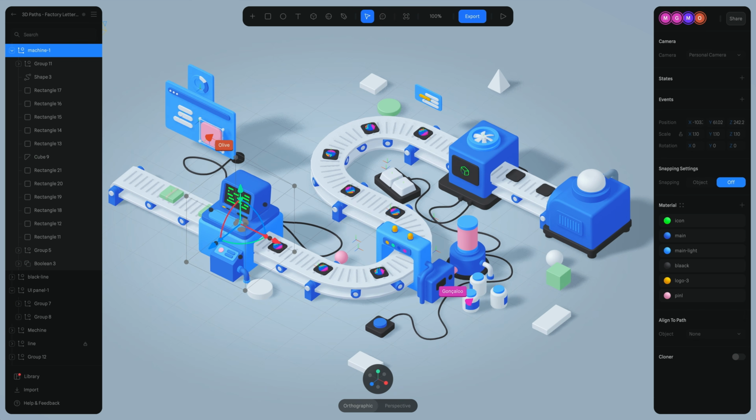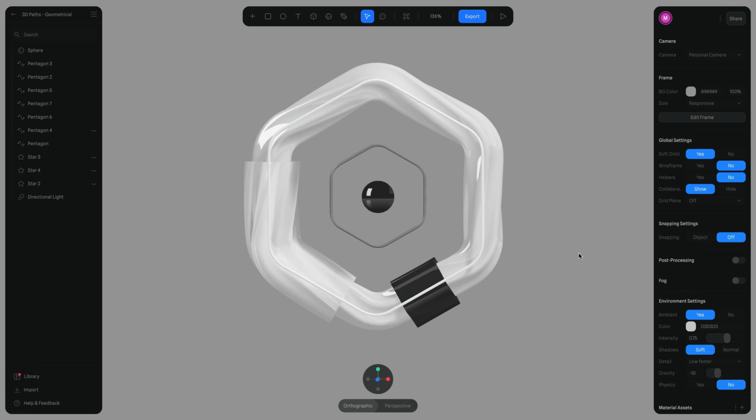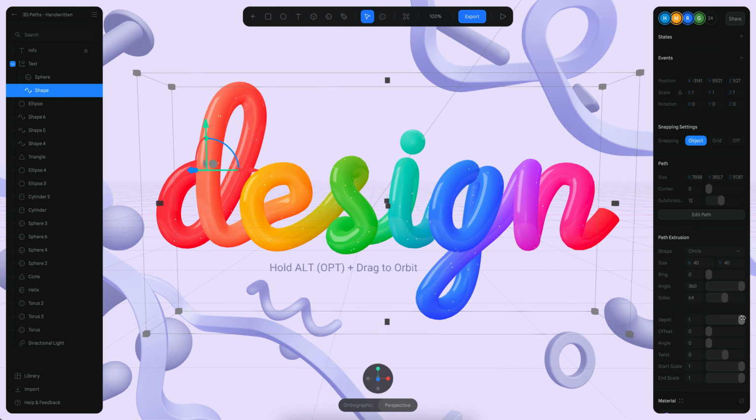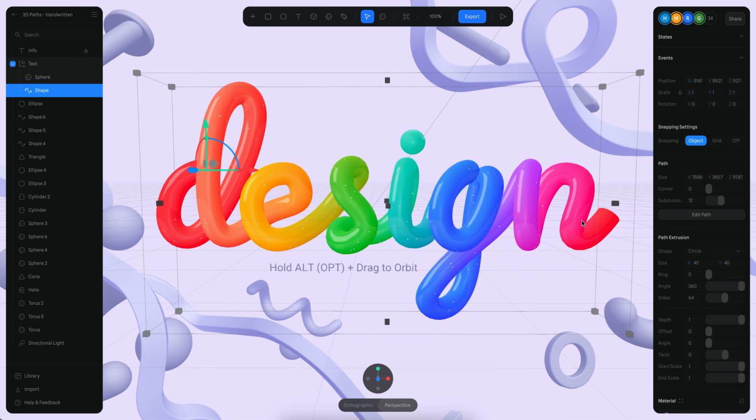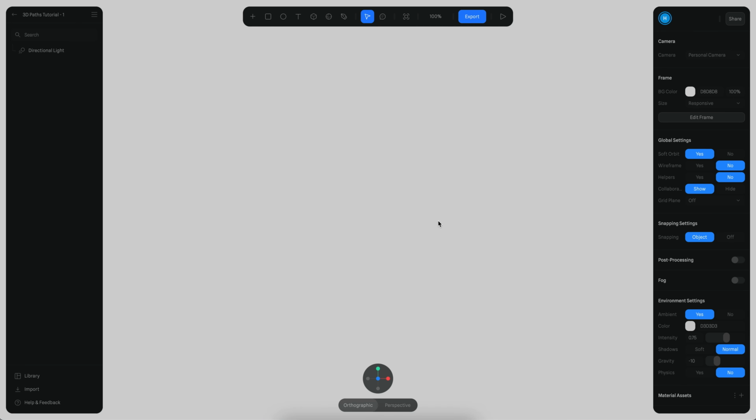We will see all of the different features that are related or connected to 3D paths, and we will learn how to use the 3D paths in combination with the animation features to create very interesting effects like the one here. Alright, let's begin. Alright, so I have a very simple scene in here with a light gray background color,